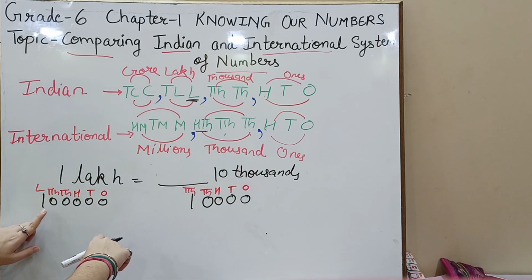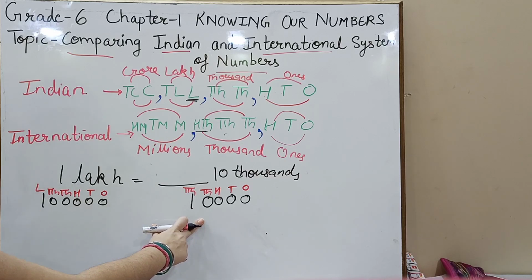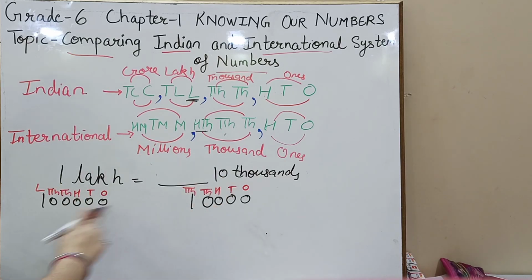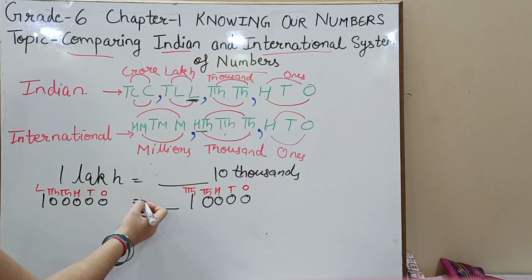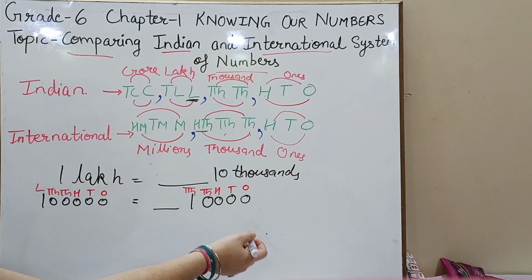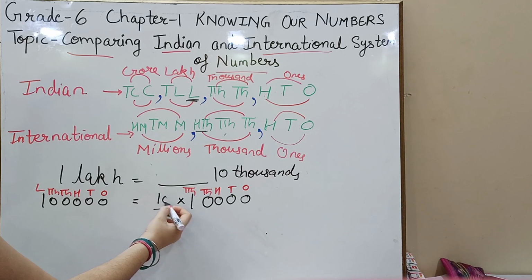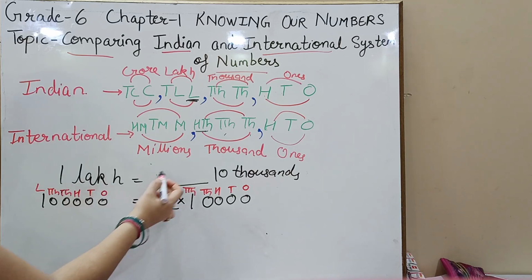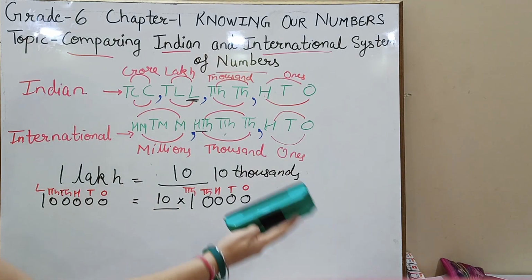Now you can see, in order to find how many 10,000s are there to make 1 lakh, how many zeros do I need to add here? Here there are 1, 2, 3, 4, 5 zeros. Here there are 1, 2, 3, 4. तो मुझे इसमें क्या करना पड़ेगा, कितने जीरोस के साथ इसको मल्टीप्लाई करना पड़ेगा. With which number should I multiply so that I get one more zero? So I need to multiply it with 10. So 1 lakh will be equal to 10 10,000s. So you're going to get your number like this. Let's talk about another example.